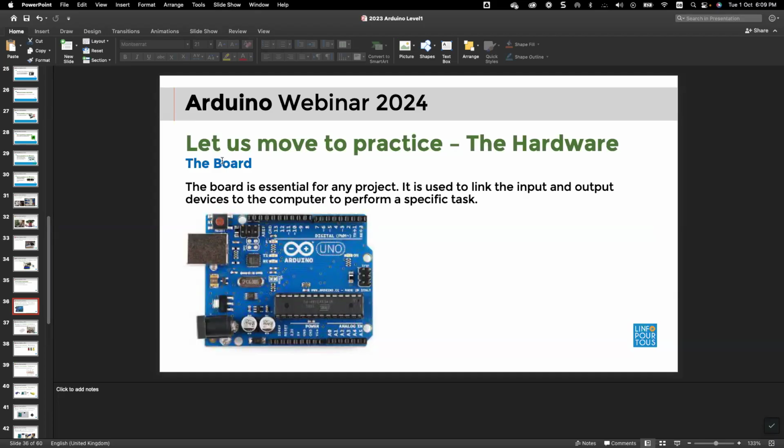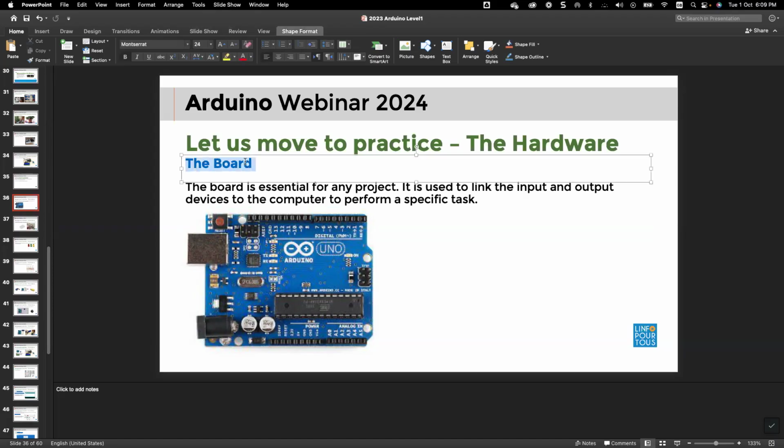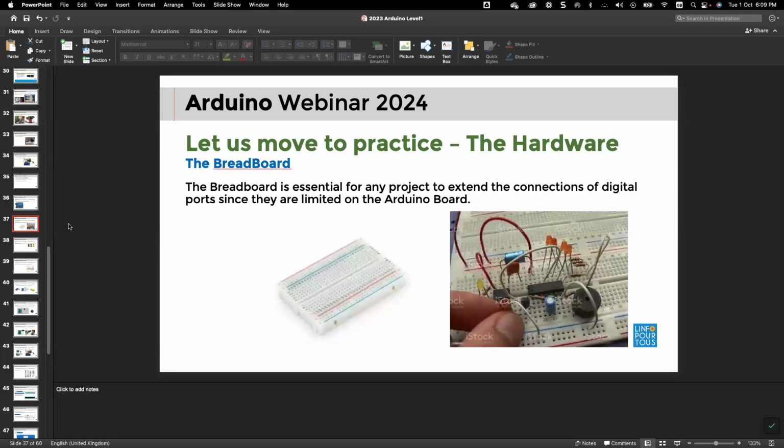That's why we are going to show in the following slides some essential hardware that you are asked to manipulate. We have the Arduino board, which is essential for any project. It's used to link the input and output devices to the computer to perform a specific task.